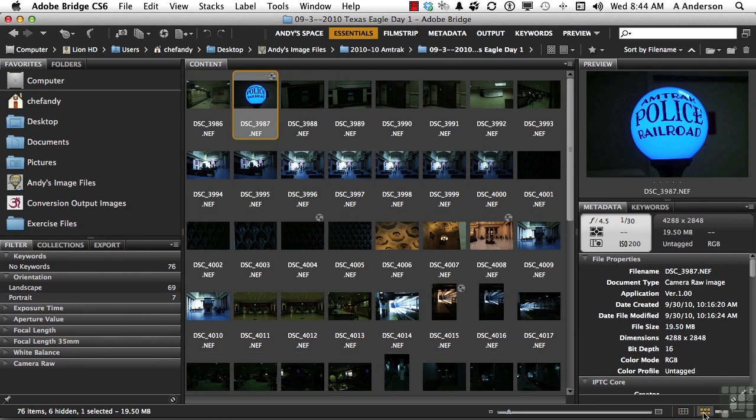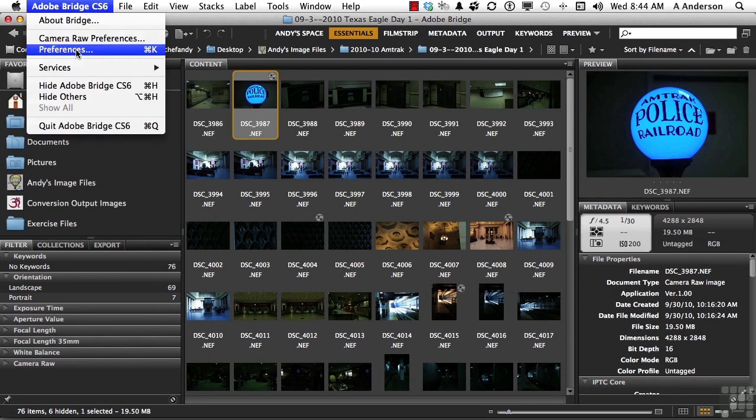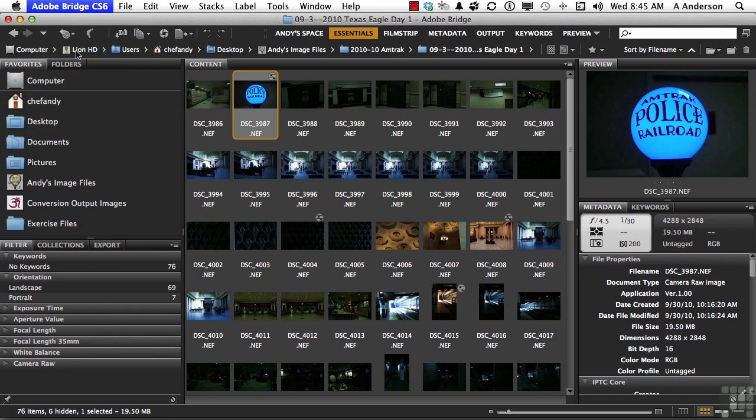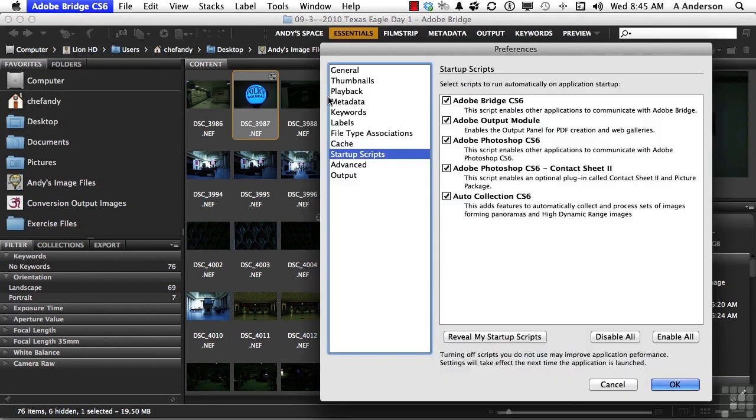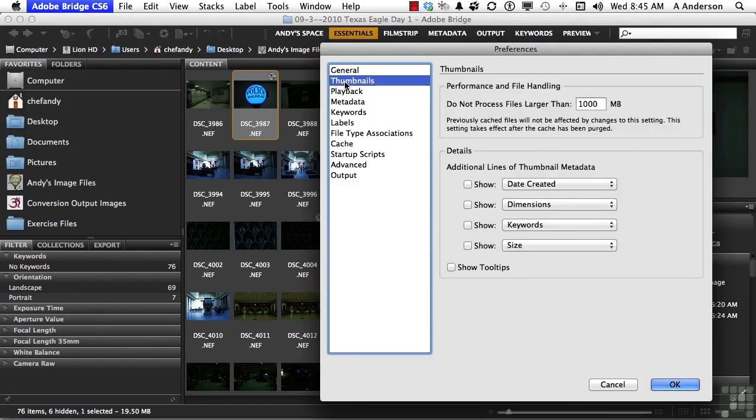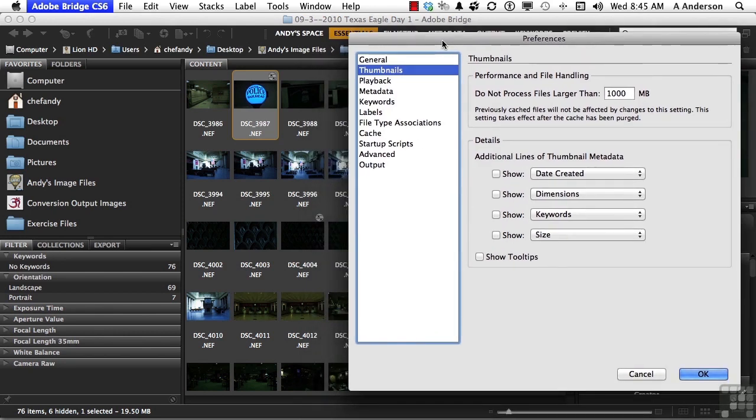There's one more area about thumbnails that we can modify. Go into Preferences. If you're in Windows, go to the word Edit. If you're on a Mac, go to Adobe Bridge CS6 and go down to Preferences. In Preferences, go to Thumbnails. If you look at these images right now, the only thing we have is the name of the image,